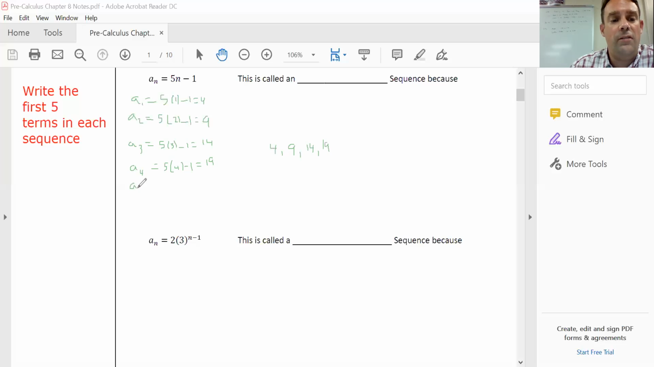And a sub 5. So 5 times 5 minus 1 is 24. So if you're looking at the terms here, you notice that can go on forever and ever. If you look at the terms here, we see a pattern. We're always adding 5, which, if it's linear, makes sense because that's what the slope is. Always adding 5. This kind of sequence right here, we say that it is